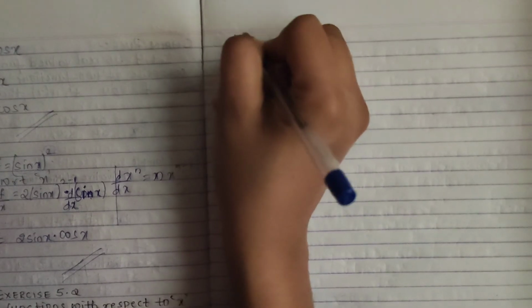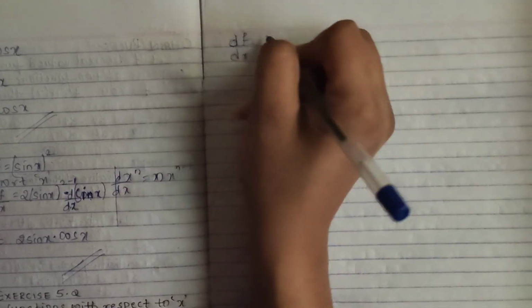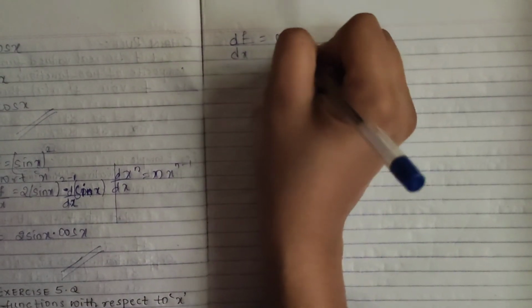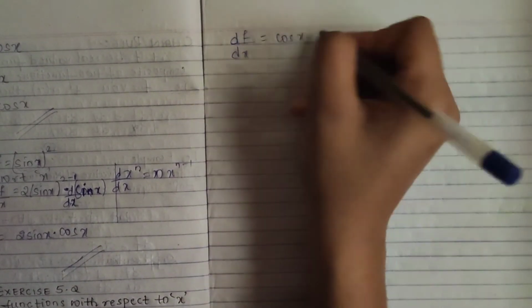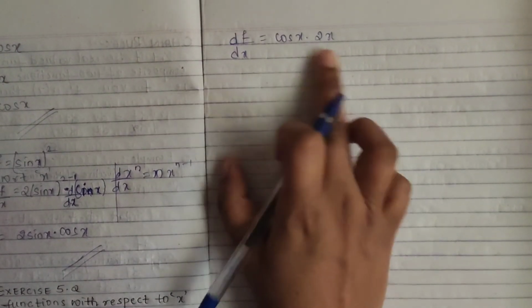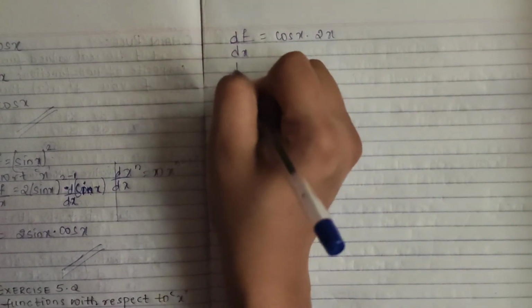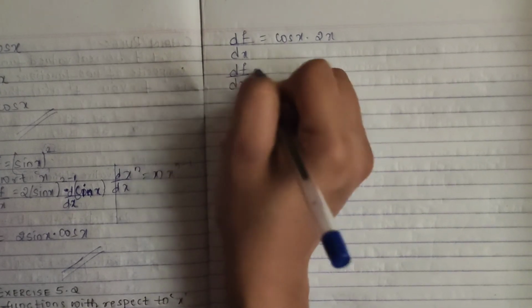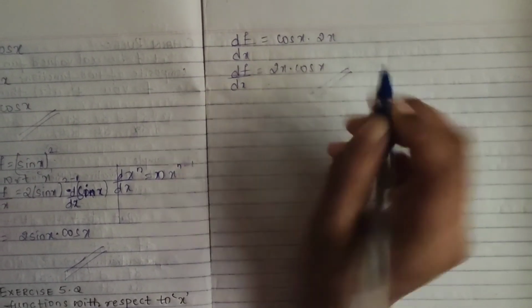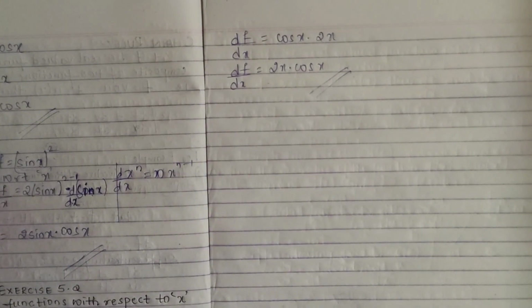So what final answer will we get? df by dx is equal to the differentiation of sin t, which is cos t, into dt by dx, which we have got as 2x. So your answer is cos of x square plus 5 into 2x. But if you have it like this, I have told you what you have to do: first keep your 2x into cos. So you have got df by dx. Understood?